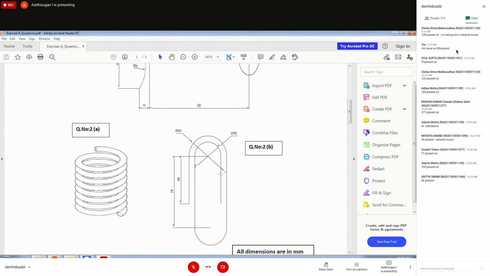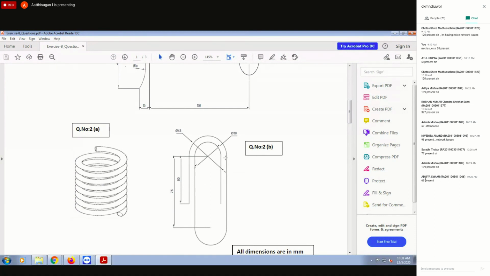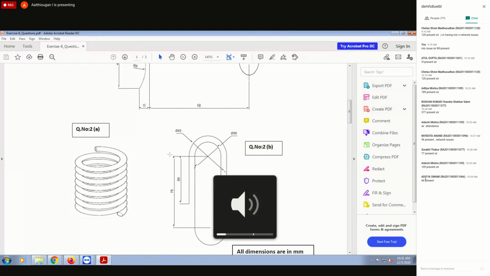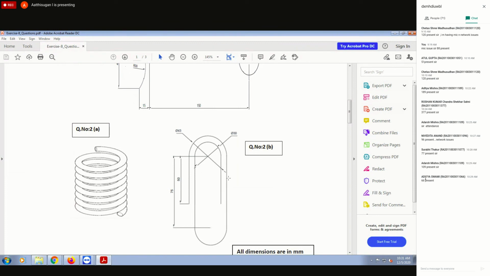Same, you can draw, starting from any one corner. Here, how to explain: you draw this 75 line. From the 75, you can draw the two circles. This one is how much? 30. This is 43. Draw the diameter 43 circle and the 30 circle. Then similarly, there will be a trim option. You can trim it off. That's it. What is the difficulty here? Sir, I got it now.